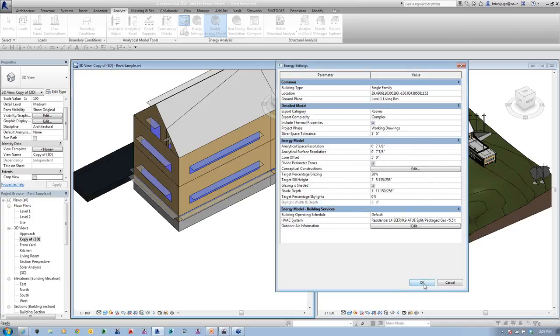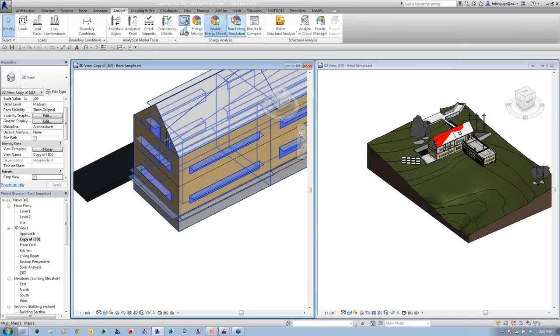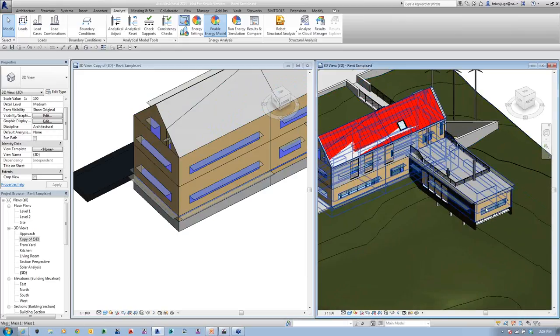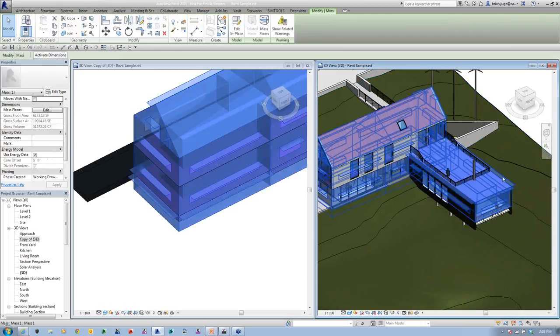So we set up all these different values inside of here for our mass model, and then we can run our energy analysis for that. I'll show that in a second, how that's done. I'll run the energy analysis in here. But now I want to draw our attention to the actual building. As the building project gets done and evolves even further, here we have the mass model in here. I'm just going to go in and hide that